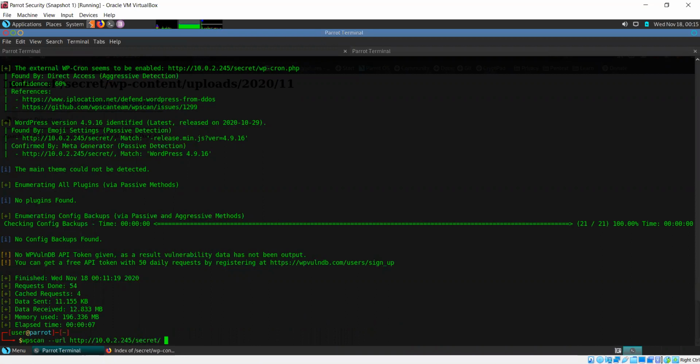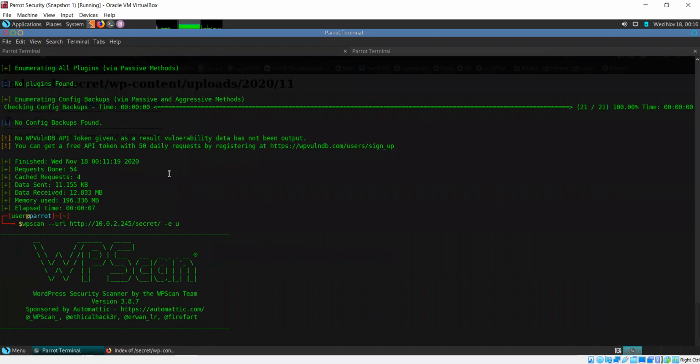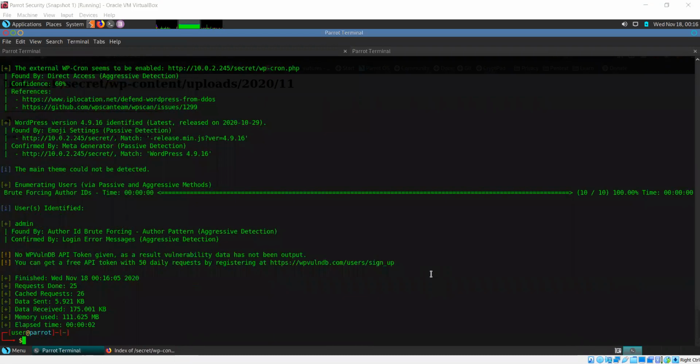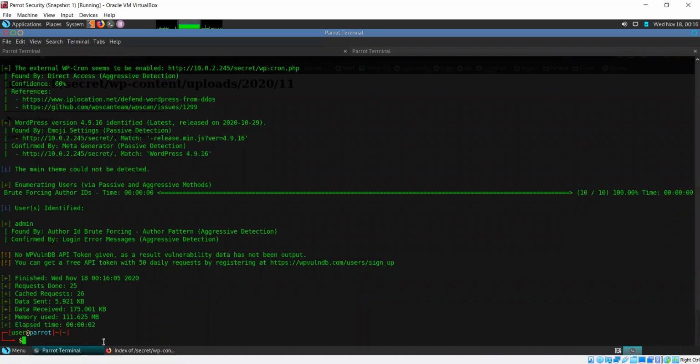What we can do is we can try to enumerate users. Let's see if there are more users present. So for that, I'm using the option -e for enumerate and u for users. So you want to try and list all the users that are present here. Again, we may or may not find more users, but it's also good to try and figure out. So in users identified, it tells us that admin user was found. Other than that, it is not telling us anything else. Okay. So the admin user is found.